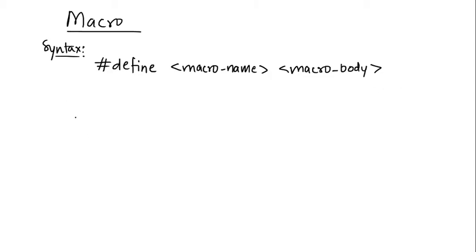Fine. So let us take an example. To make it more clear, if you remember, we had already created pi using a variable, and then to make it constant, we had added the const keyword. If you have not seen it, then see my previous video where I had taken a simple program of finding the circumference and area of a circle, but there I had introduced the concept of the const keyword.